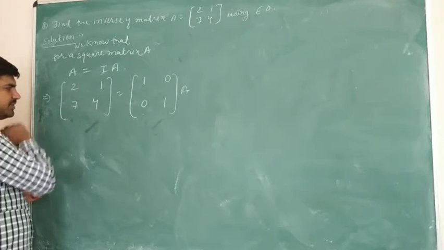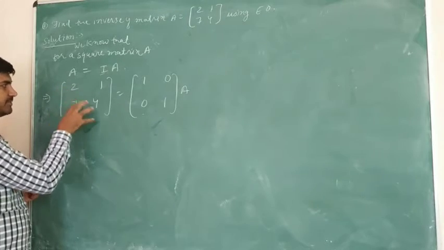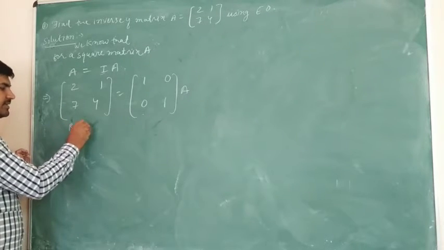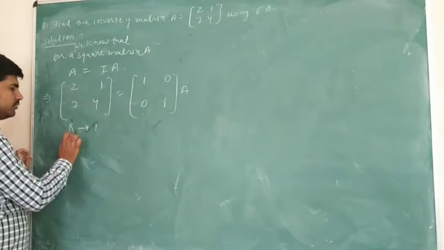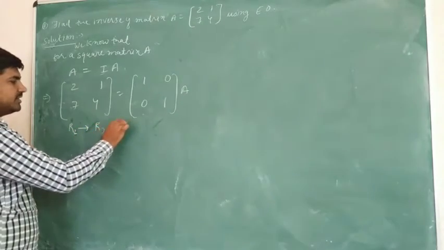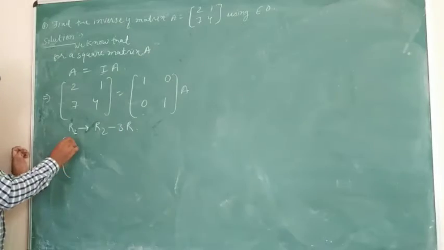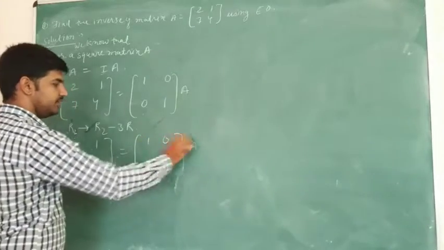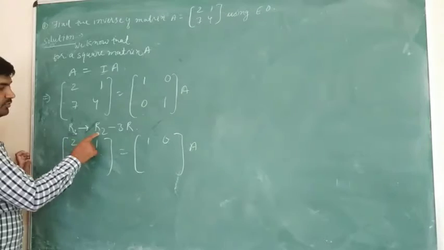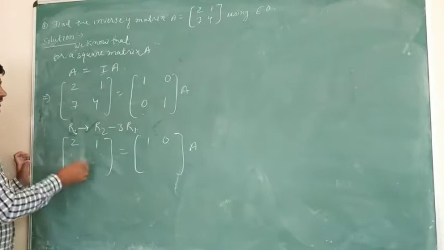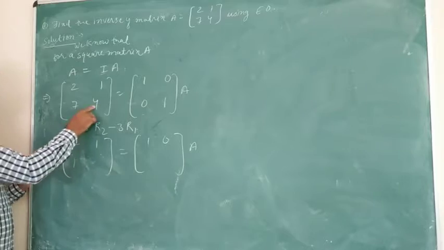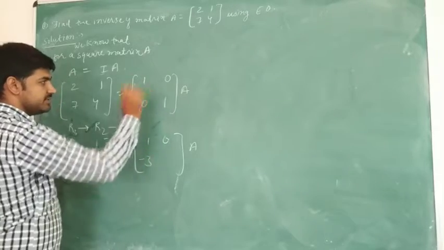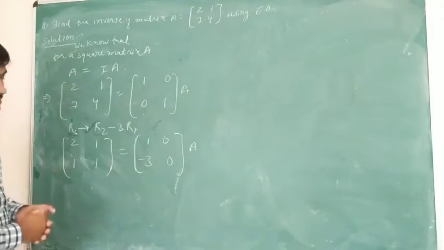I think that it should be 0, or I can say if some of these becomes 1, it becomes quite easy. So what we can do is we can use this elementary operation R2 minus thrice of R1. So when we use this, there will be no change on R1. I have written R1 as it is. Change in R2. R2 will be replaced by R2 minus thrice of R1. Okay. So this minus thrice of this one is equal to 1. 0 minus thrice of 1 is equal to minus 3. And 1 minus thrice of 0 is equal to 0 only. I hope you have understood it.